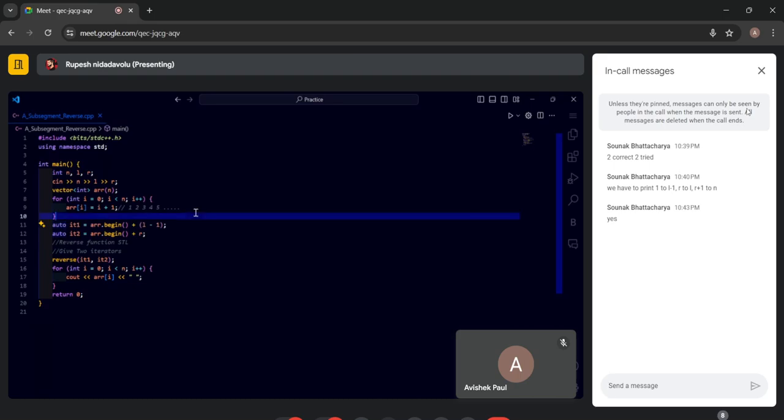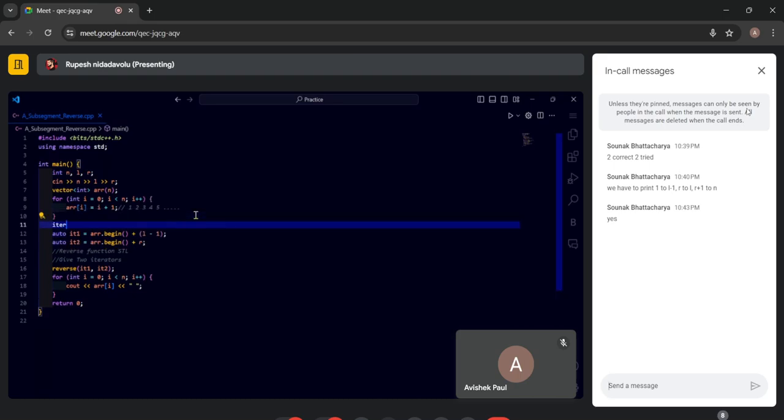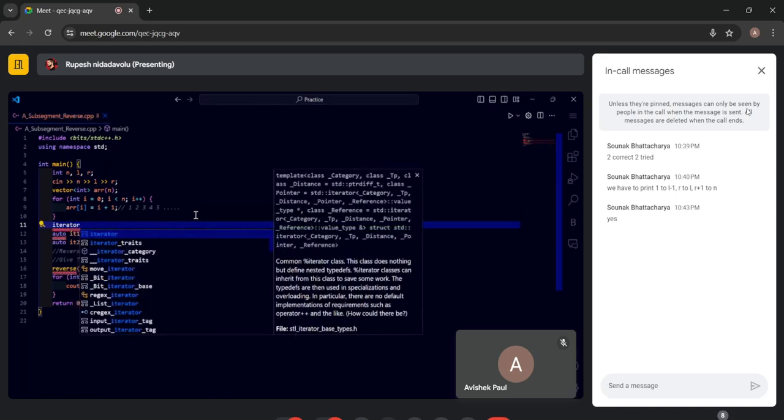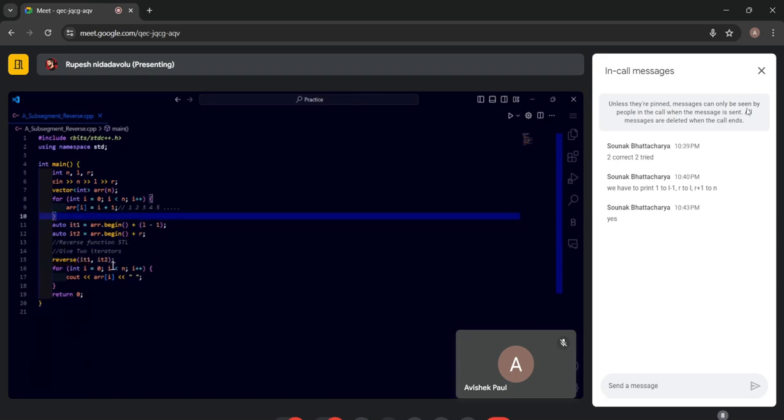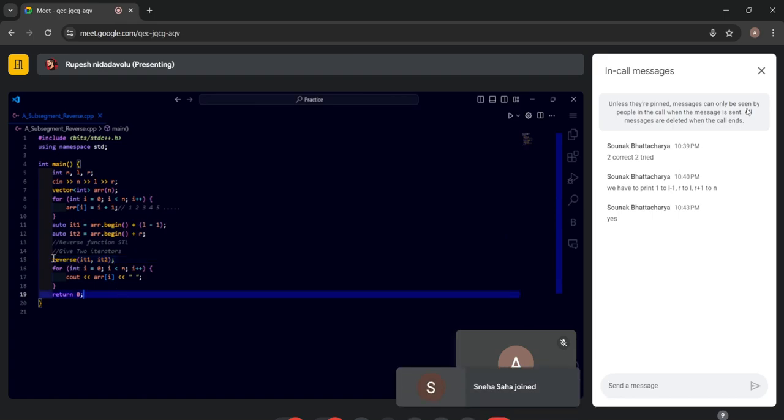For the iterator variable you can do two things: you can take iterator, or you can take auto. You can take any of them, but you have to take an iterator and put them simply in these two brackets, from the starting position and ending position of the part of the array you want to reverse. The reverse STL function takes two parameters, and the two parameters are two iterators, where one iterator is at